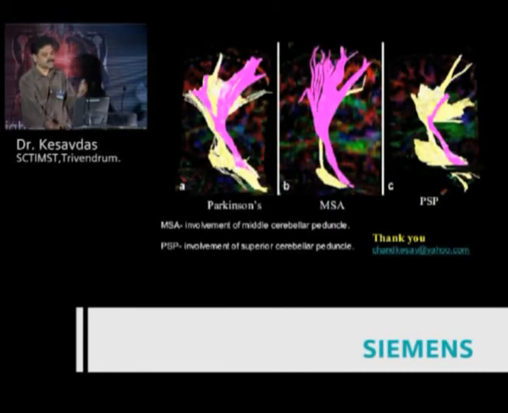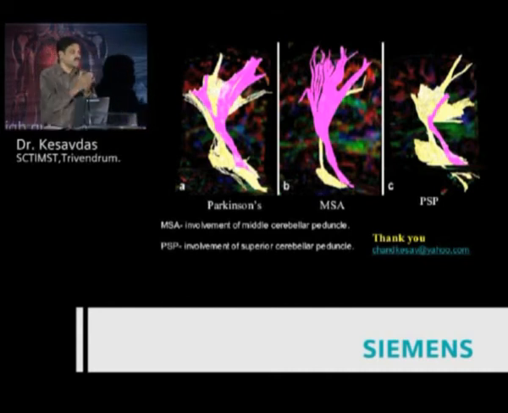We have done some studies on Parkinson's, differentiation between Parkinson's and Parkinson's plus. So DTI is an area which is evolving. You can get a lot of information about the damage of the brain which has happened due to a trauma or a neurodegenerative disease, and a lot of information about tumor microenvironment. So we have to first of all start utilizing these things. It is there in the machine, but many times we don't use it, and it takes just 2 to 3 minutes. Unless we start using it, the potential role of these techniques cannot be understood.